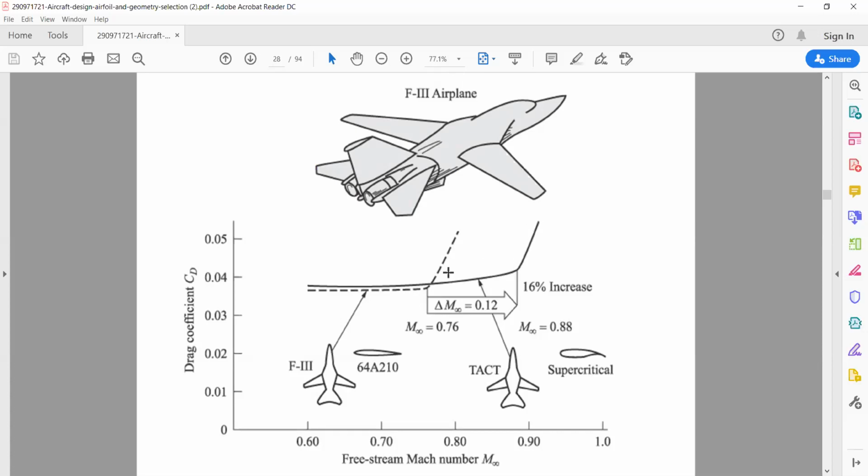You can see this is the condition when I look here. This is for the supercritical airfoil and the conventional one. At an early stage itself, I can see that CD will be higher here, but here CD will be less, and it has a good speed and is also more efficient when compared with that. So therefore, supercritical airfoils are more efficient airfoils compared with the classical airfoils.